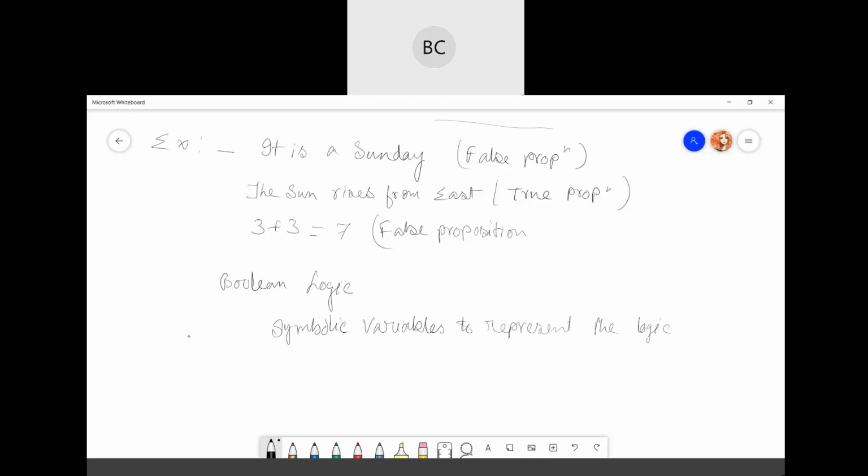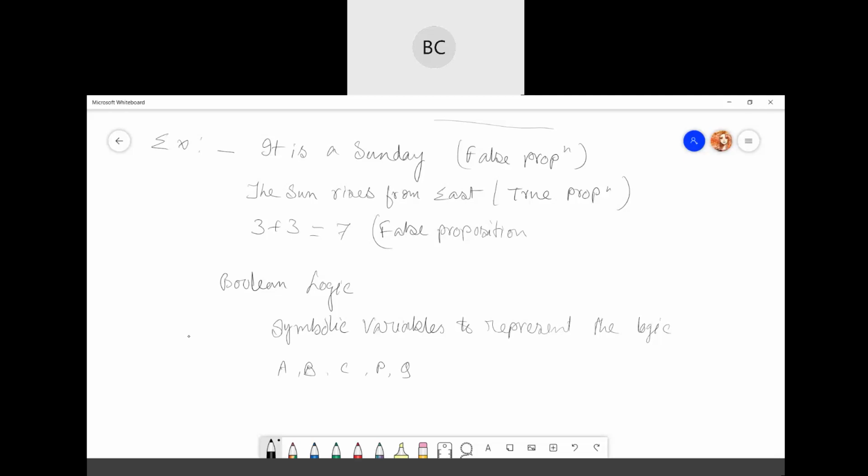You can use any alphabets like A, B, C, P, Q, anything. It's totally up to you. Okay, so propositions can be either true or false, but not both.